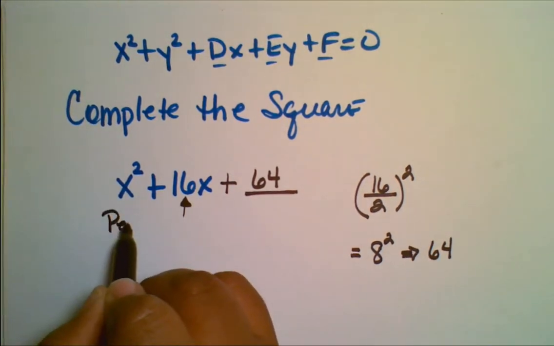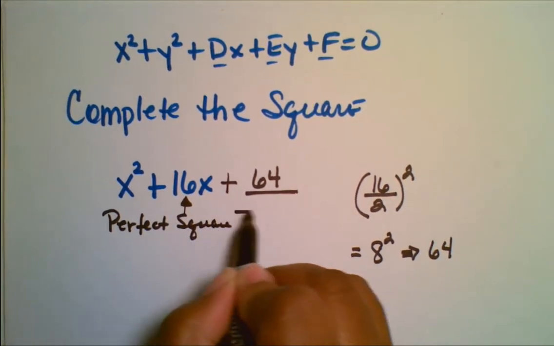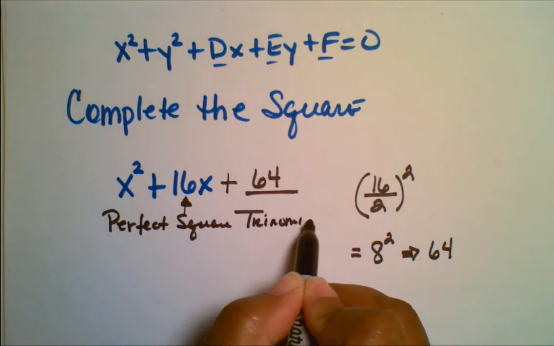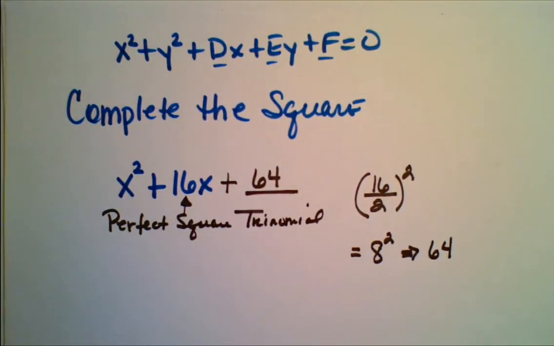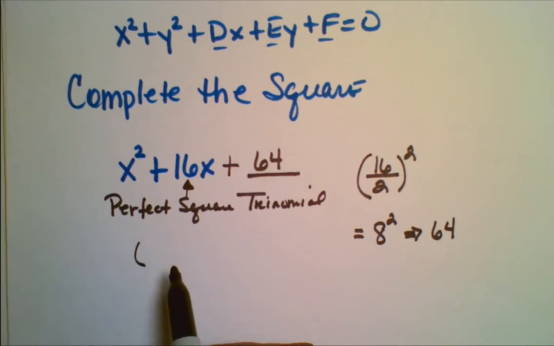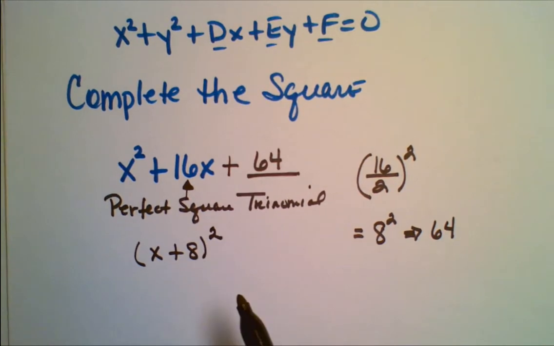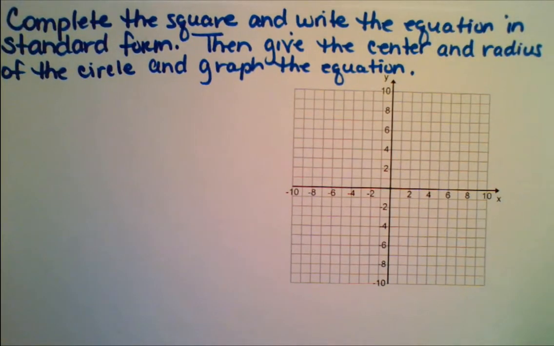This is a perfect square trinomial now. Now that it's a perfect square trinomial, we can write it in factored form, meaning a binomial squared. So we will write it as x plus 8 squared. So we're going to take the general form of the equation of a circle and transform that to standard form. Our first example we have here